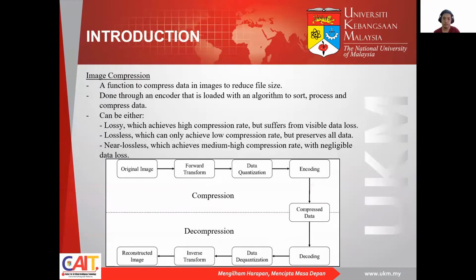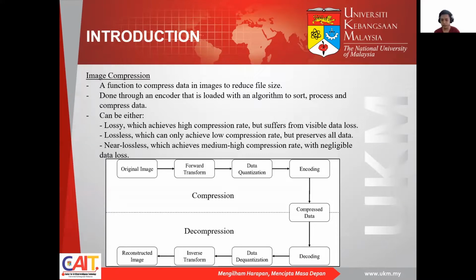And so what is image compression? Image compression is actually a function to compress the data in images to reduce file size. This is done through an encoder that is loaded with an algorithm to sort, process, and compress the data. So it can be of 3 types: lossy compression, which achieves a high compression rate but suffers from visible data loss, or lossless compression, which can only achieve low compression rates but is able to preserve all data, or a somewhat new version of it, which is near lossless compression, which achieves a medium-high compression rate and only